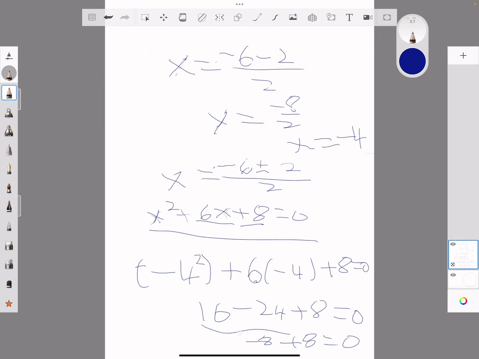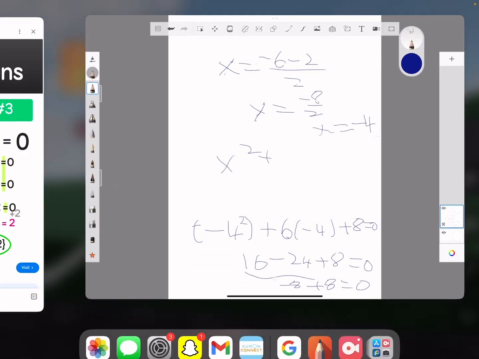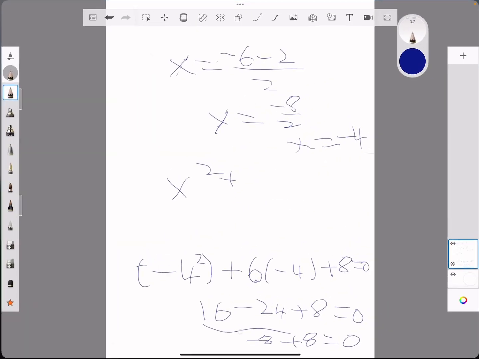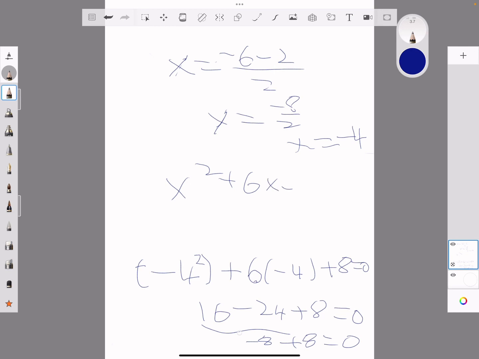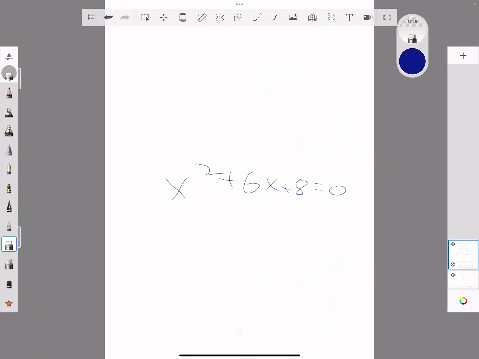So then, the first answer is going to be x squared plus... I need to clean it up a bit. Bigger eraser is better. So